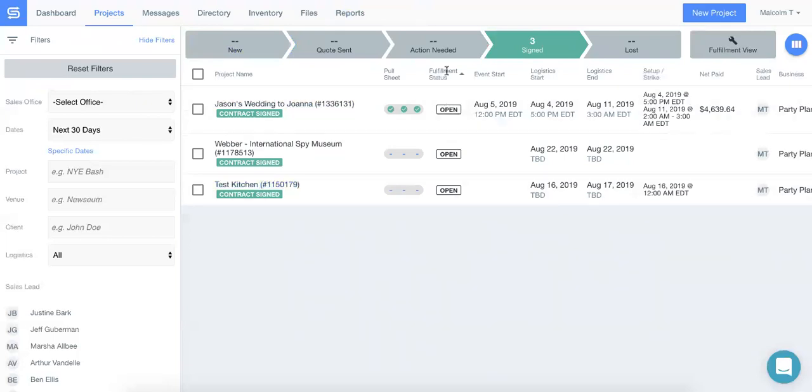We can also see that we've got the fulfillment status still marked as open on this project. That's fine. We still may be receiving items back in. But if you're looking at your projects that have been completed for months and months and months, and you're seeing the fulfillment status is still marked as open, you might want to check in with your team,